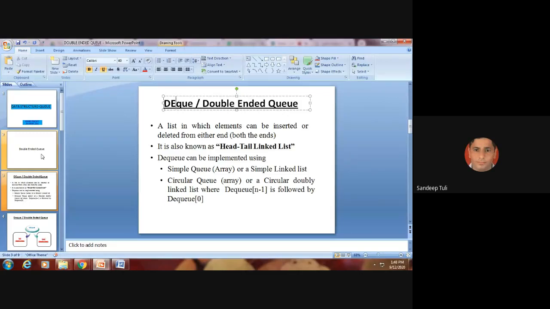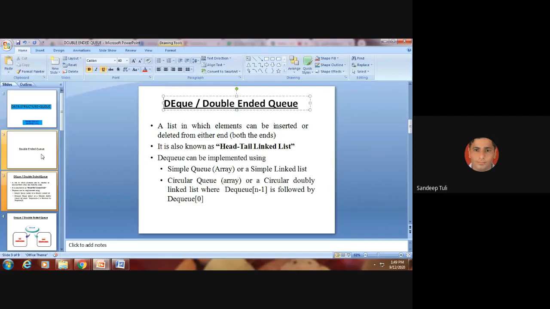Yes. So it is a version. First of all, we have studied about simple queue. The drawback was that some memory locations cannot be used properly. So to overcome that particular problem, we have studied about circular queue. We try to use all the empty locations also. If some locations are free in the starting point, then we can use them. In this way, we are trying to optimize the memory utilization.